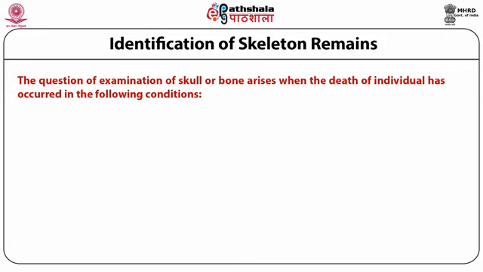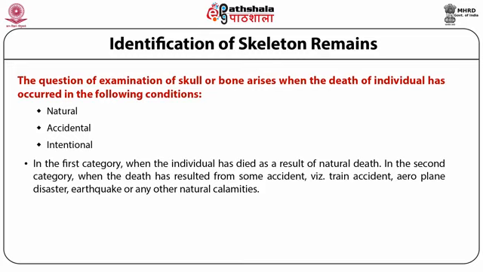The question of examination of skull or bone arises when the death of an individual has occurred in the following conditions: natural, accidental, or intentional death. In the first category, the individual has died as a result of natural death. In the second category, the death has resulted from some incident, that is, train accident, aeroplane disaster, earthquake, or any other natural calamities. In the third category, the death has been caused by some person intentionally by killing